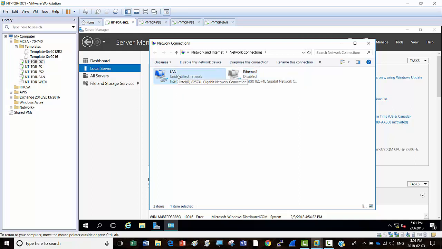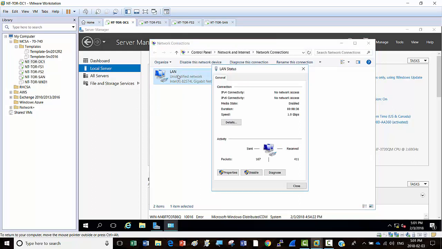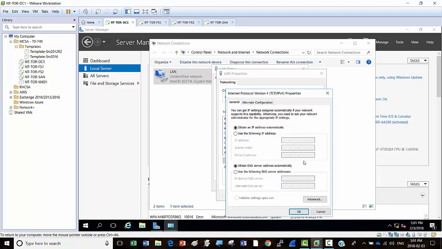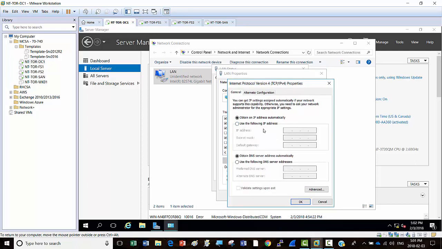and the LAN one, double click on it, click on properties. So please uncheck IP version 6 and select IP version 4 and click on properties, and then click on use the following IP address, the second option,